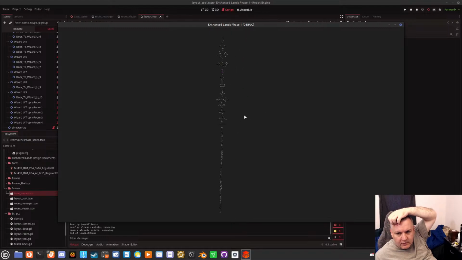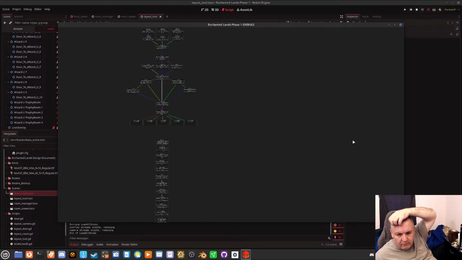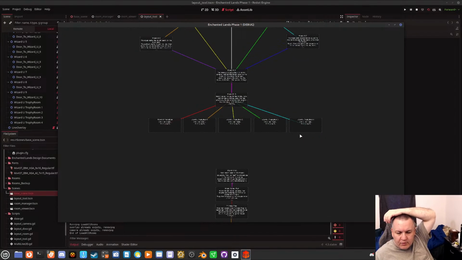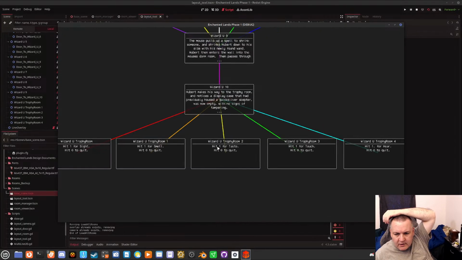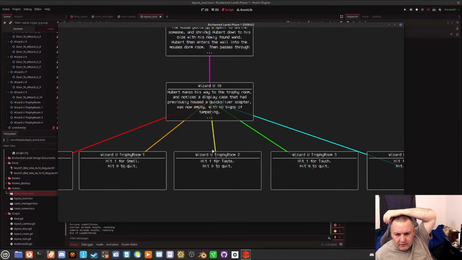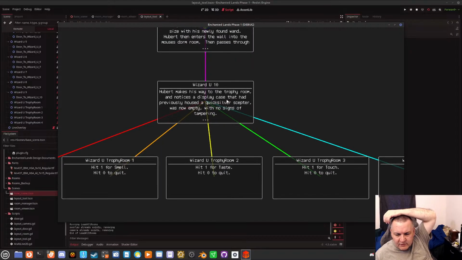Okay, so it's still doing it. I think I want it to do it on the center of the viewport, so that it's just going to be centered to this.